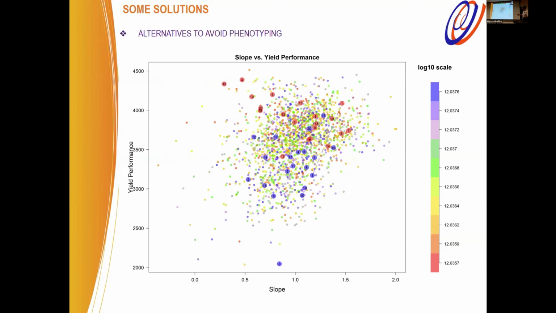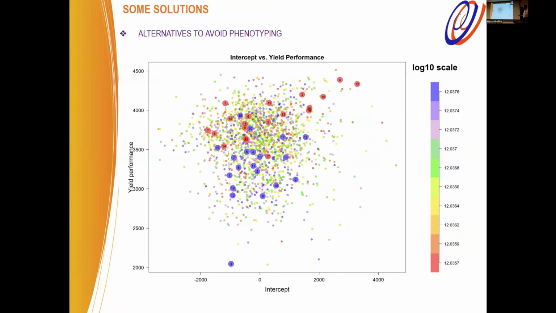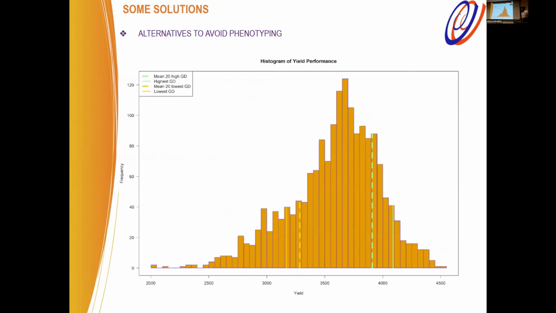So when we compare with the stability parameters, again, we don't see a clear pattern, but at least we see that those that are more diverse have a higher performance. We can compare with the slope, with the intercept, and this is kind of the key result, right? The vertical dashed line corresponds to the most and the least diverse. In this case, the most diverse have a higher mean. When we pick the extremes, the most diverse have a significantly higher performance than the least diverse. At least we have a method to screen out bad genotypes, right?